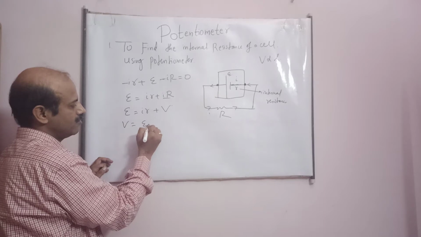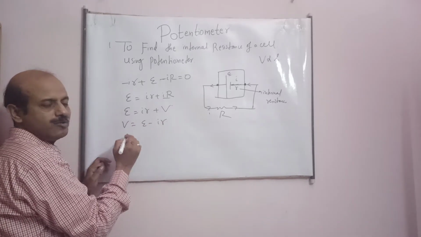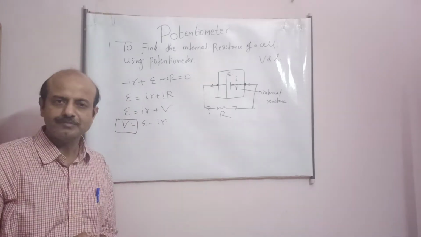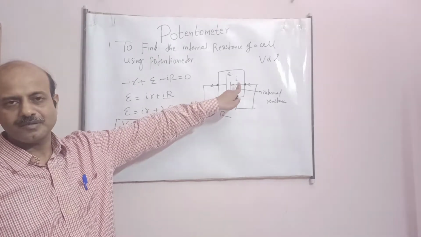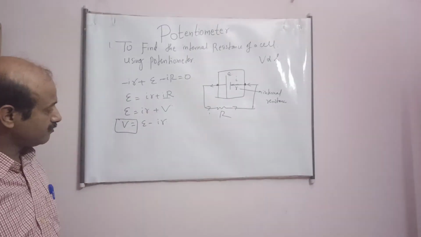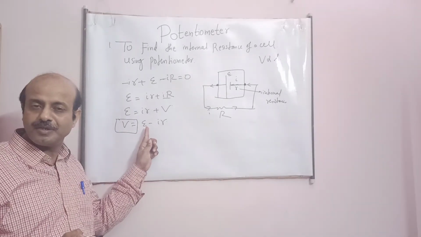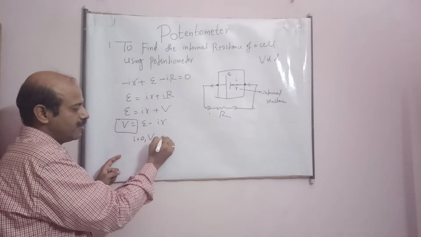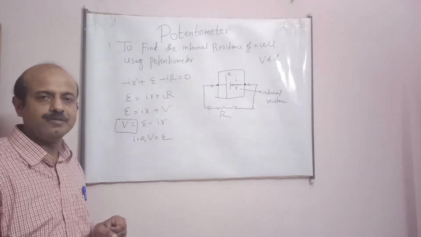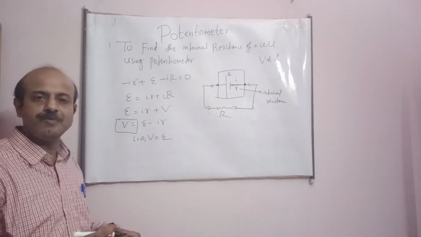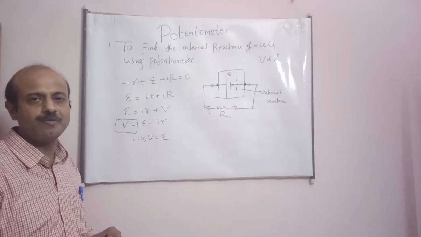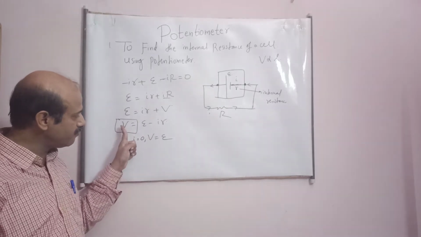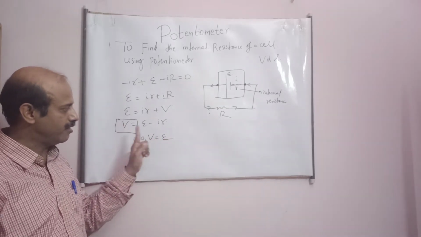So how much is V? Remember, student, we are always able to measure this V, because this r is inside the cell, we cannot see it. Then how to measure this E? As we have already seen with the potentiometer, by making this current 0, this V becomes equal to E. So we have designed a method to make the current 0, and that is why potentiometer is a very accurate instrument, accurate and precise compared to the voltmeter. So by some arrangement we are making this current 0, and the V which we are getting is actually E, student.